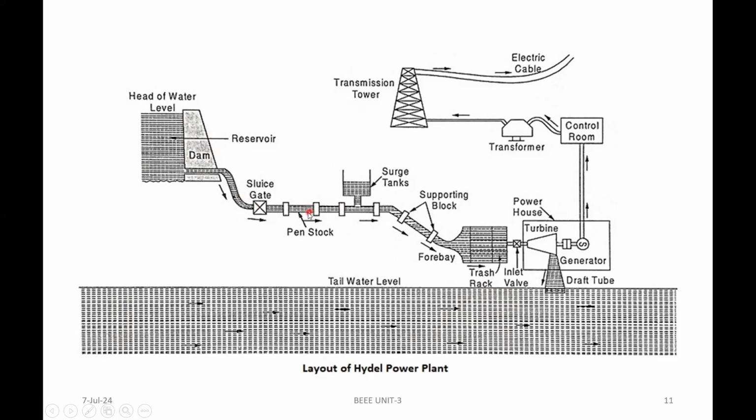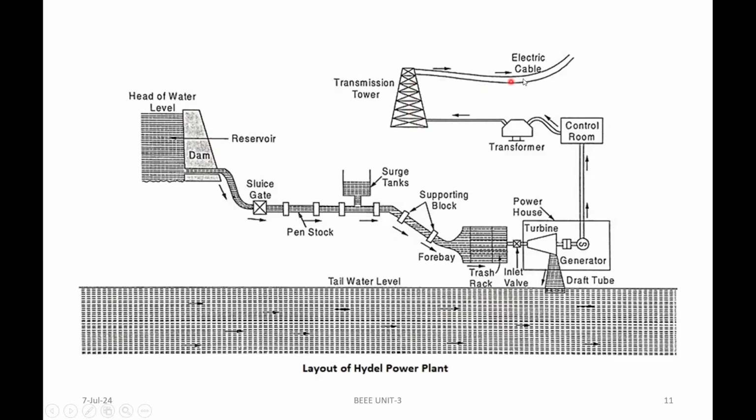That pipeline may be called the penstock, and we can send that water through the penstock onto the turbine rotating blades. Inside the turbine, we have some rotating blades, and they rotate and we can extract some mechanical energy. That mechanical energy is coupled to the generator, and we can extract some electrical power, which we store in the control dome, and it can be stepped up to high voltages here in order to match the grid voltage